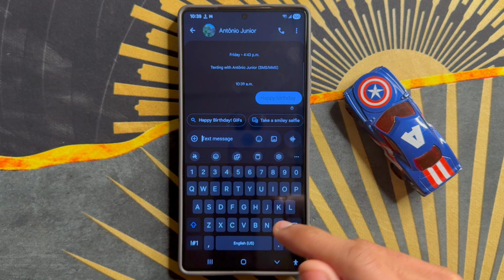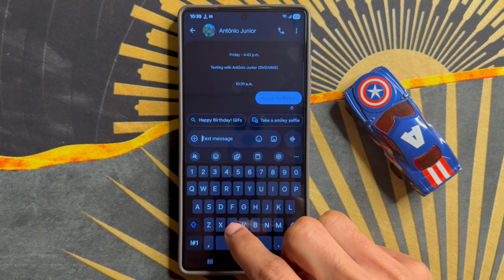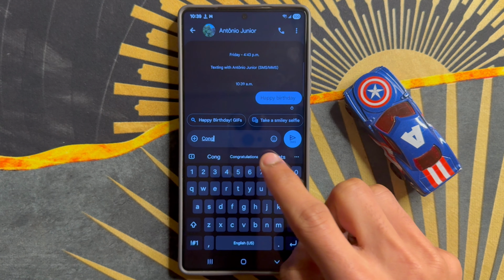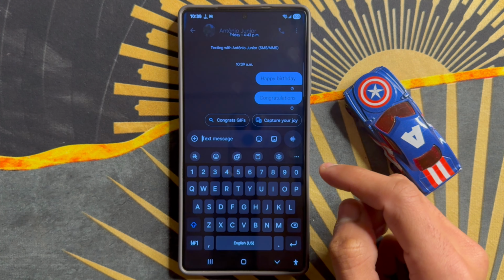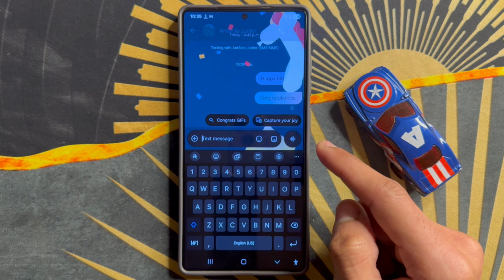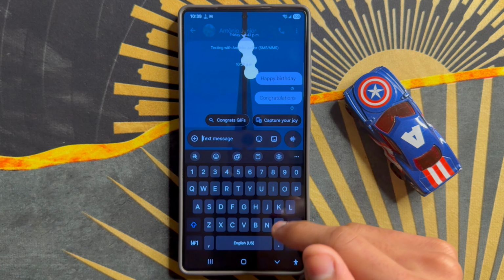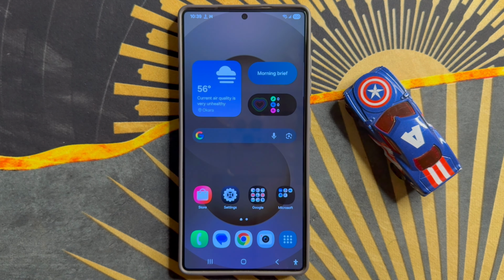For example, congratulations. You will see. After the process, go back to home screen. So that's how you can use expressive animation in messages on